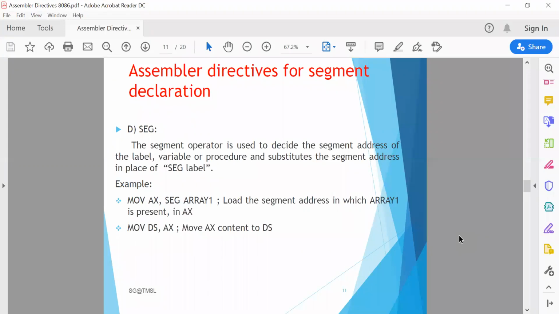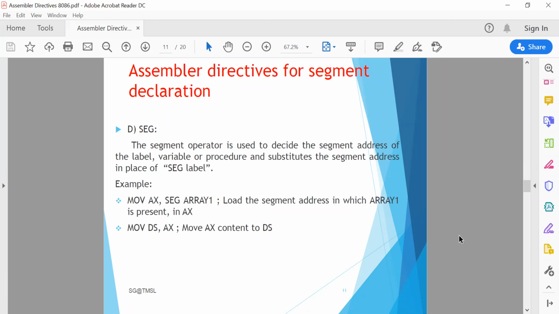The next is the segment operator, SEG operator. The SEG operator is used to decide the segment address of a label, variable or procedure, and substitutes the segment base address in place of SEG label.